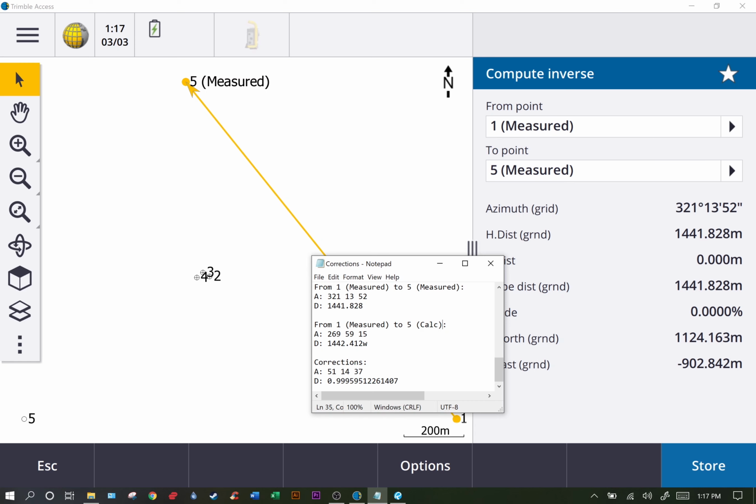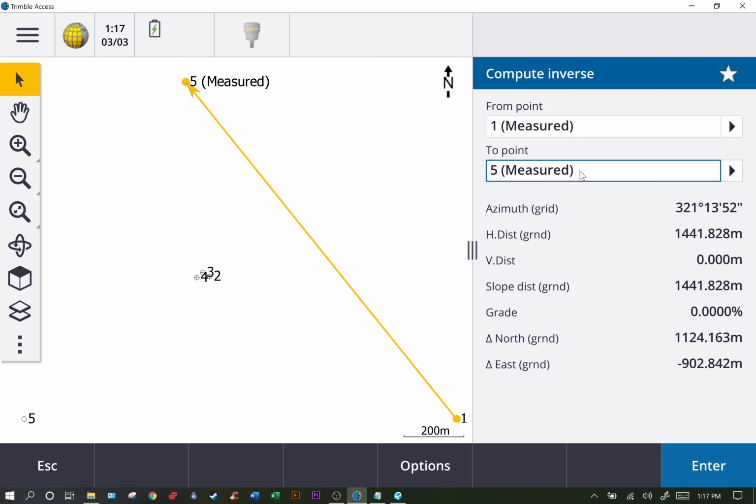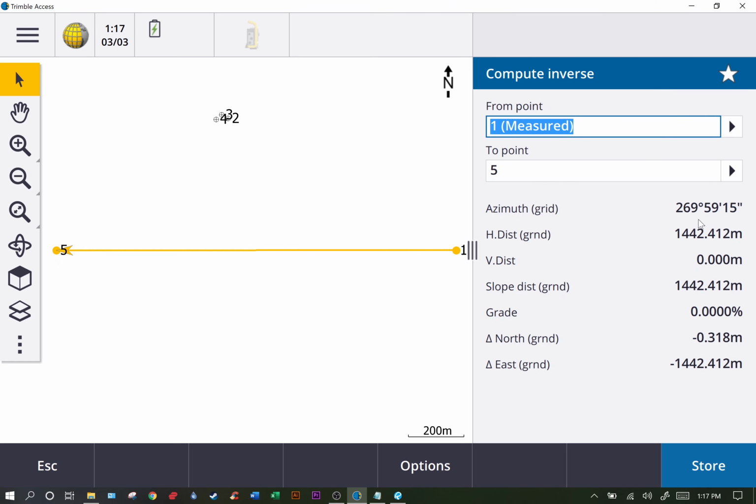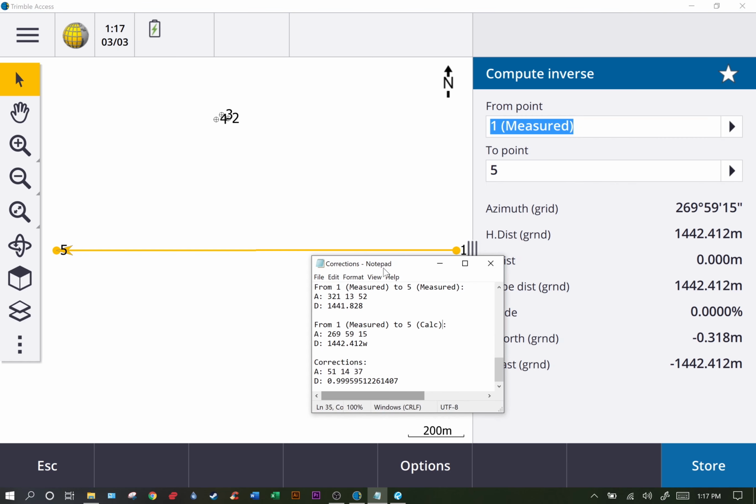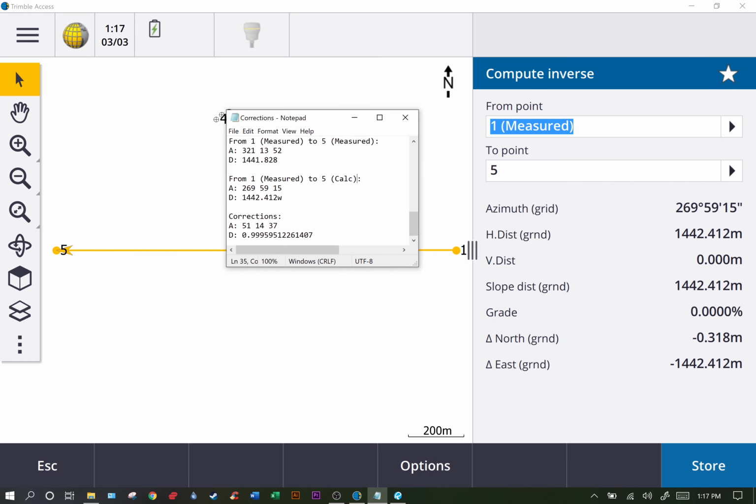I actually have this already written down, so from my measured start point to my measured end point, I got that exactly as it is here, 1441.828. Then I can do the same thing for my calced point, which is point 5. So same thing, I'm going to take note of that azimuth and distance and write it down here. I don't know why there's a W there, but